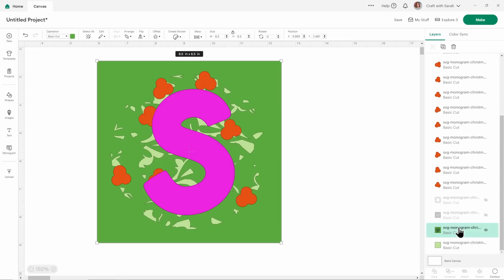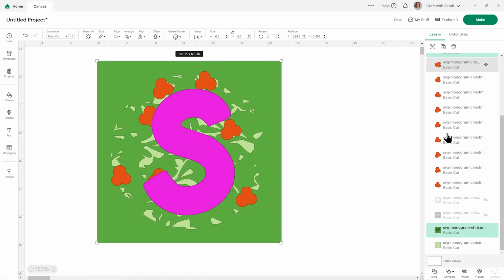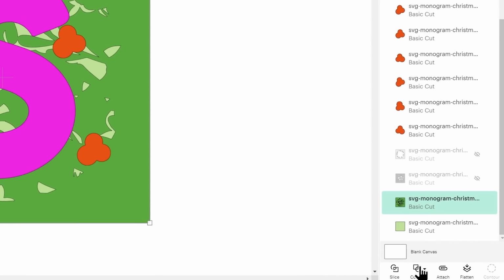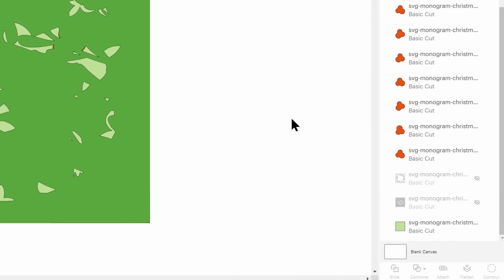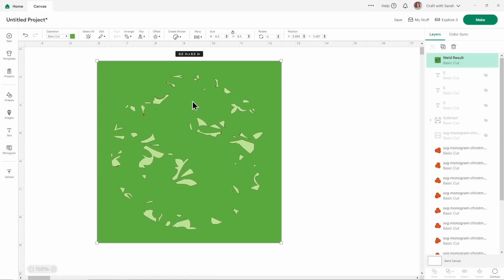Okay, I'm going to click the next layer up, which is this bright green. Press Shift on my keyboard and choose the S. I've got both of those selected, and then go Combine, Weld. That will join the shape of the S onto the layer, so you can see it in here. You'll probably find that this ends up with some tiny gaps in the card that the Cricut would struggle to cut. For example, there's this teeny tiny little bit here, which I'm going to remove.